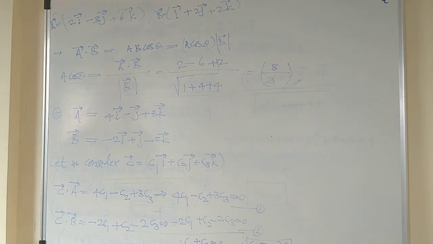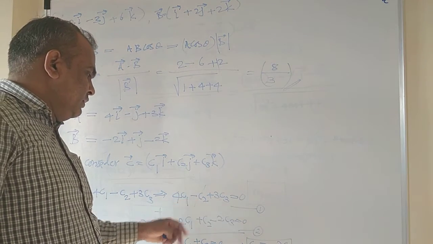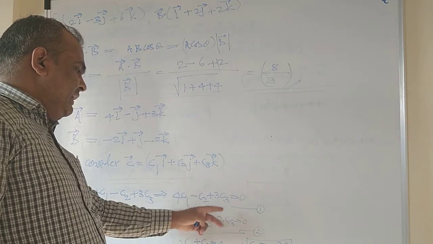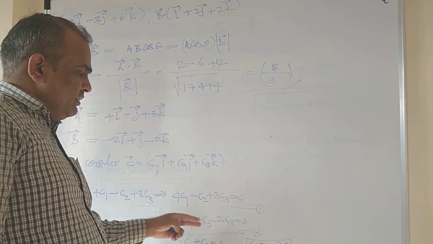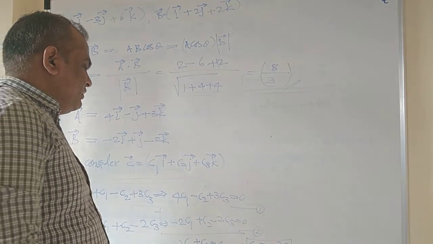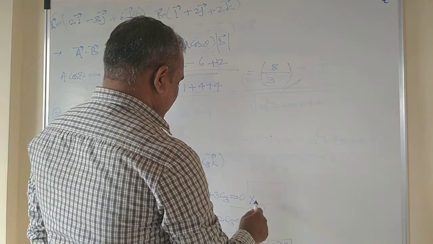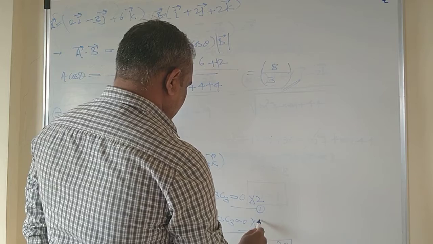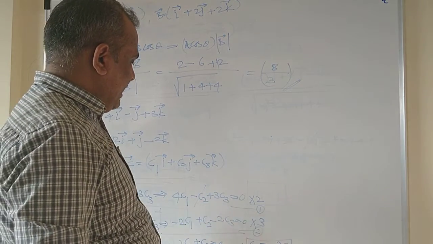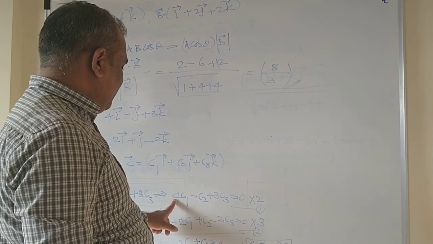Fine. Similarly, now here we have cancelled the C2. Now do something to equation number 1 and 2 so that C3 will get cancelled, and you will get these equations in terms of C1 and C2. And in order to cancel this, multiply equation number 1 by 2 and equation number 2 by 3, so that the coefficient of C3 will be common and gets cancelled to each other. Let us write these equations by multiplying by 2.